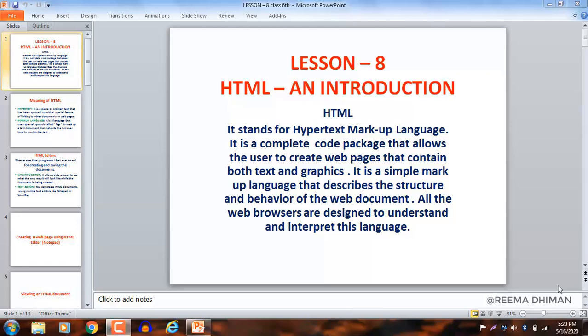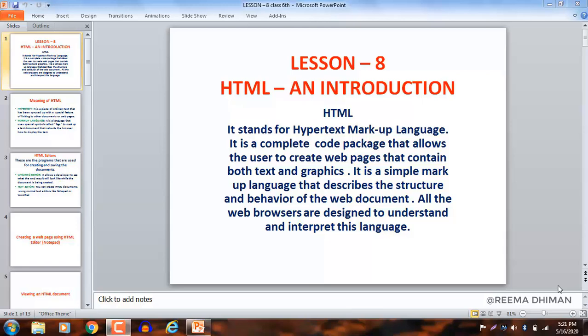The clients send requests to the servers and the servers respond immediately with the required data. The servers store files and information in the form of websites. These websites consist of millions of pages called web pages, which contain text, graphic, video, audio and links to other pages called hyperlinks. These web pages can be accessed and viewed by different users around the world with the help of a software application called web browser.